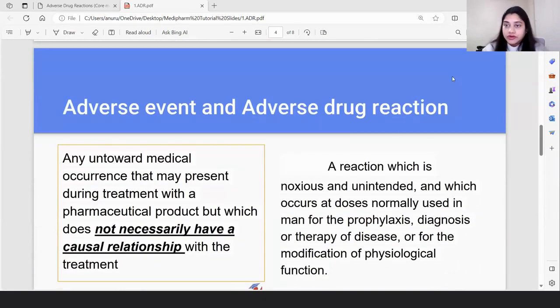Now the most important topic for today's module is adverse event and adverse drug reaction, and the difference between adverse event and adverse drug reaction. So I will explain adverse events first. Adverse event, as per the WHO definition, is any untoward medical